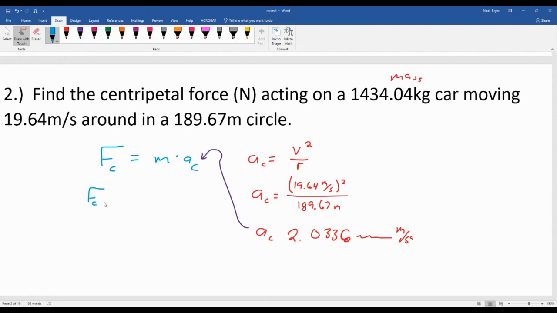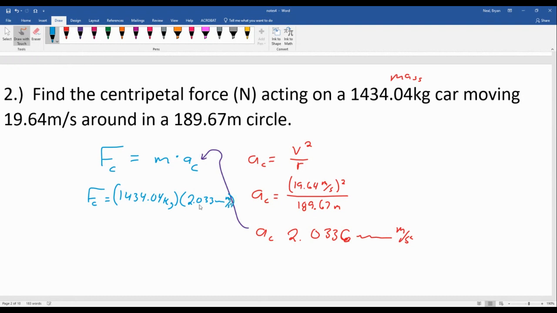So we don't know the centripetal force, but that's okay because that's what we want. So at least that's our goal. The mass is 1434.04. A lot of fours in that one. Then the centripetal acceleration, we'll multiply in, and again give us a centripetal force, and everything's looking good. So I have a little less room here,